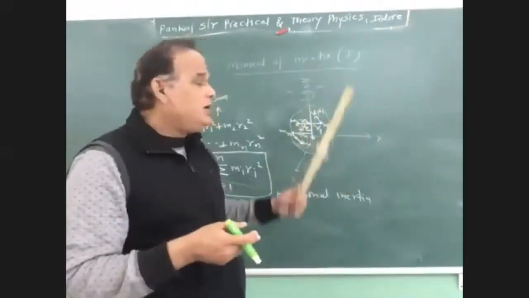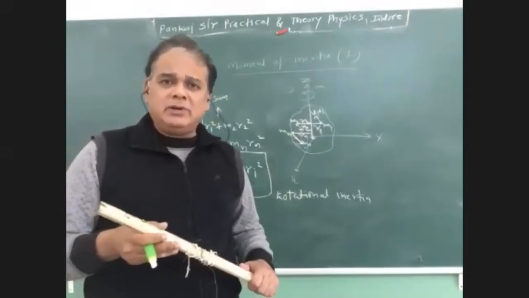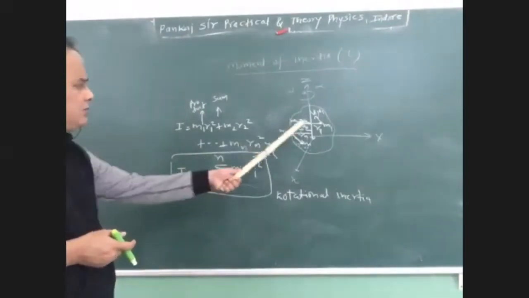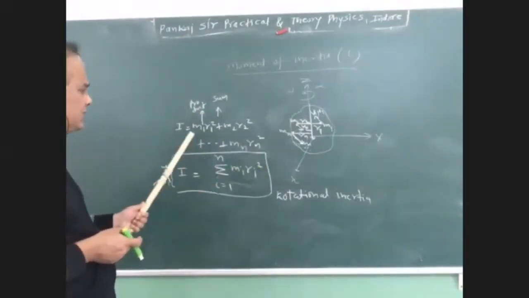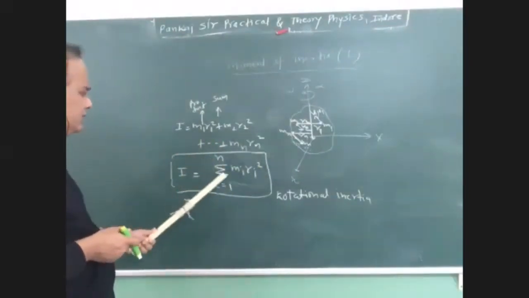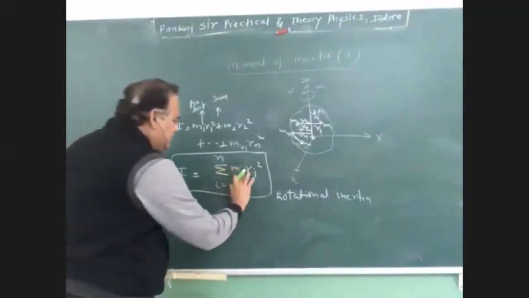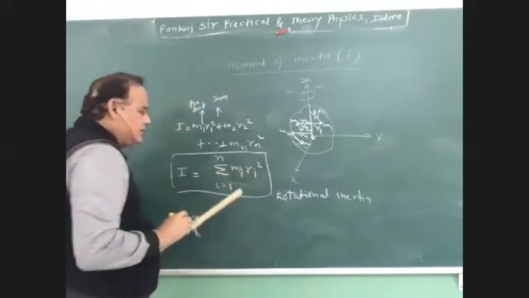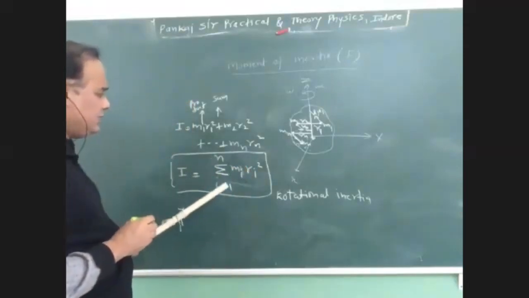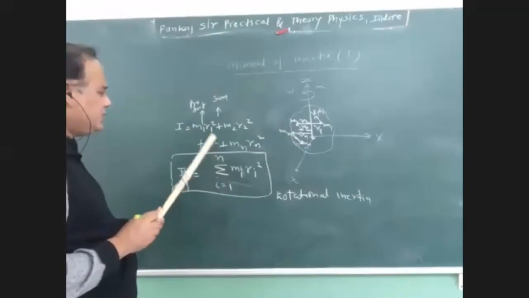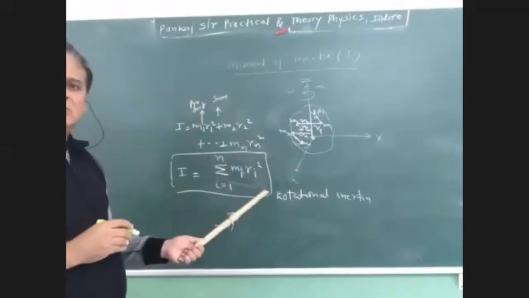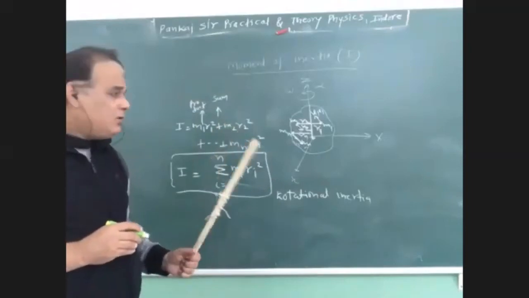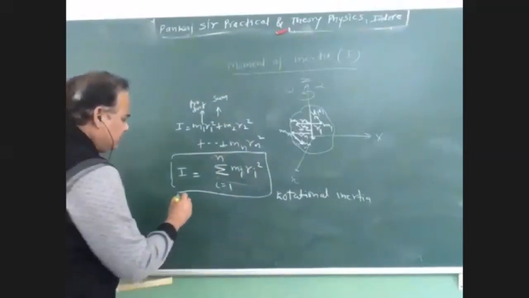So on which quantity does our moment of inertia depend? ये आप समझ गए होंगे. m1 r1 square plus m2 r2 square plus mn rn square. So I am writing here summation, and मैंने इसको क्या लिख दिया देखो, mi ri square, and i is 1 to n. तो अगर 3 पार्टिकल है तो 3 बार आ जाएगा, 4 है तो 4 पार्टिकल्स ऐड हो जाएंगे, 5 है तो 5. Now moment of inertia depends upon